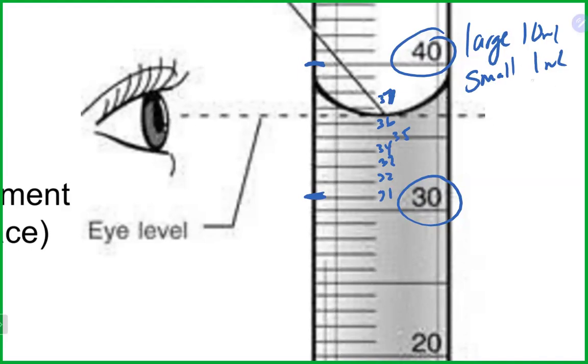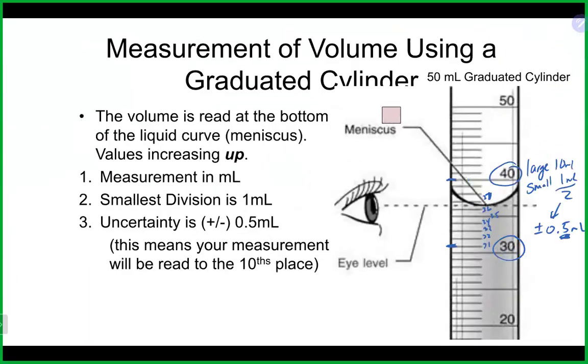We also know that if I divide this by 2, I should end up with a plus or minus 0.5 milliliters, which means my reading should go to 1 decimal place. So if you do nothing more with that plus or minus, just divide it by 2 and figure out how far you should take your reading to, which is typically 1 more place to the right of the smallest marking. So they went with about an 8 there. So it was a little bit more than half they felt between the 2 markings. So it was